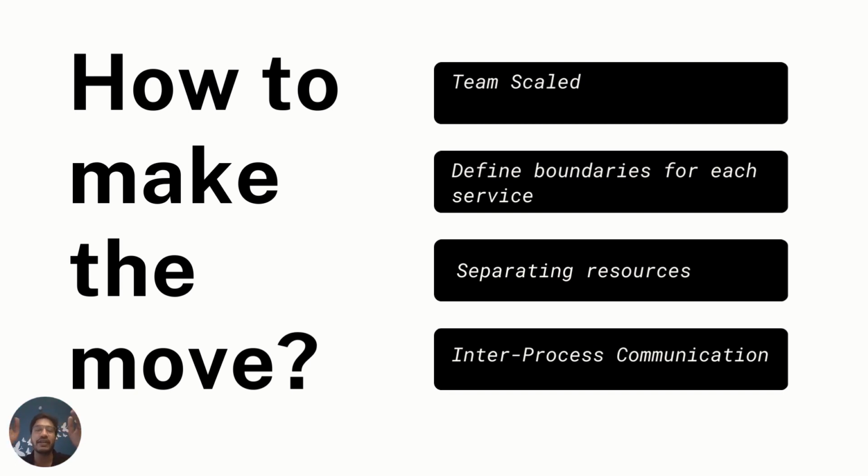So the first step is to define the services you require, and the easiest way to figure that out is to look back at why you decided to go to the microservice architecture, the driving business logic which is making you take this step. Each service should cater to a business unit and should be loosely coupled with other services. Most of the time people think that when you move to microservices, you have to split the system into a lot of microservices, but that's not the case.